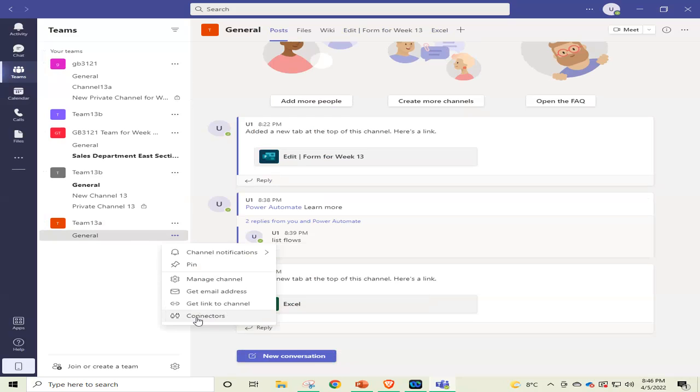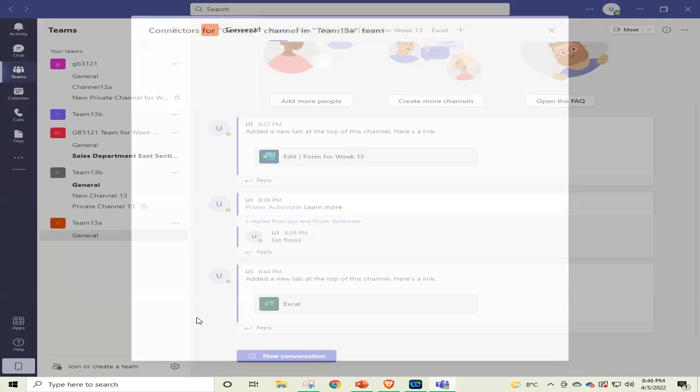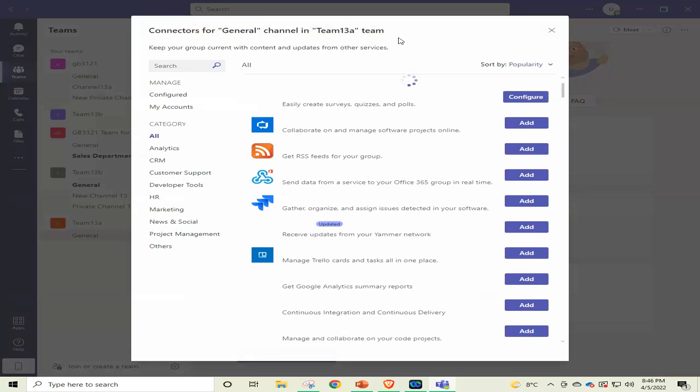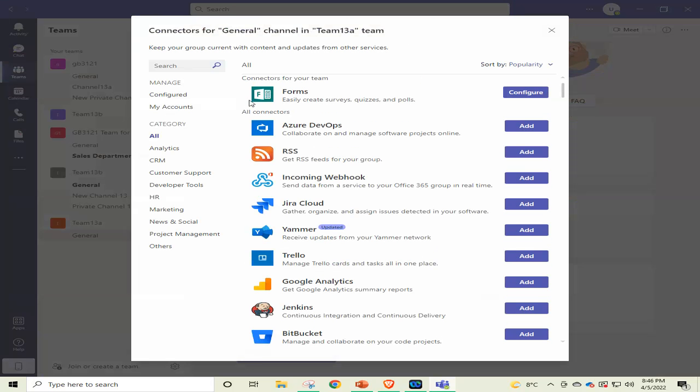We click on the connectors and you will see a whole page full of connectors. The category we have selected is all, so we see all the connectors here: Forms, Azure DevOps, and RSS. So many options they have. Before I created with Forms, now I create with RSS.